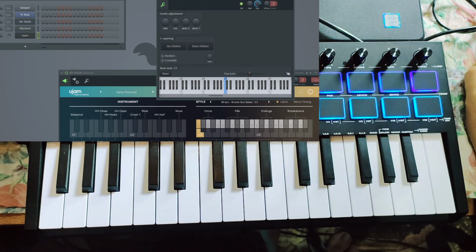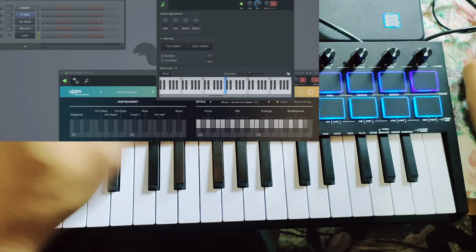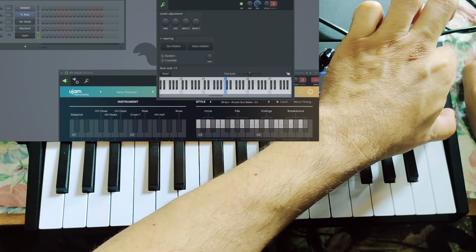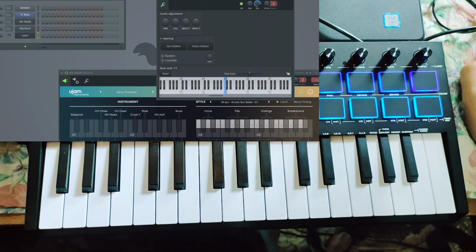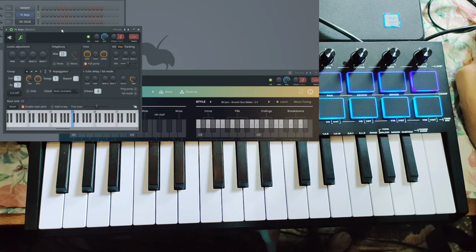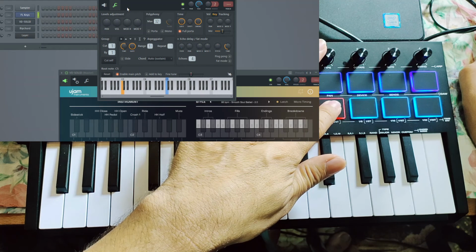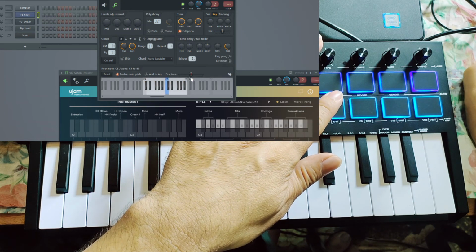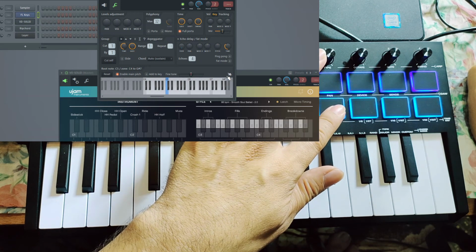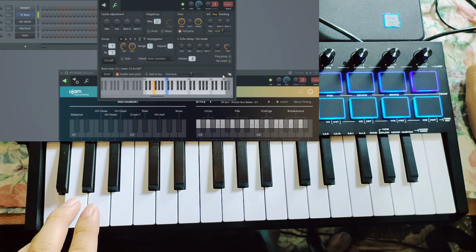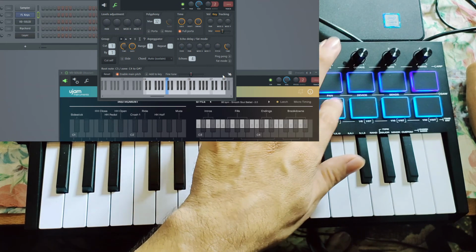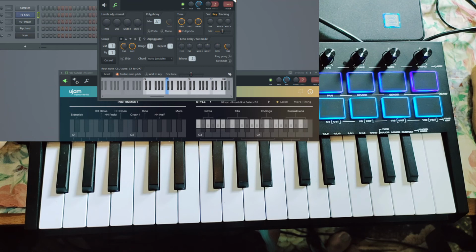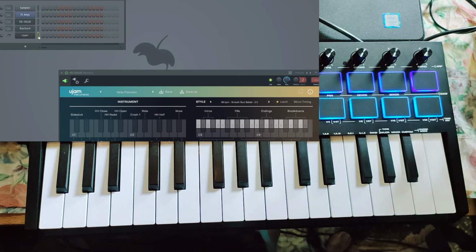So how do we stop this C1 to G1? We're going to just restrict it, right? So in the FL keys, we're going to remove or restrict it from here. We're going to just play the C4 and up. So the FL keys will not play this part because we restrict it, right? So when we are going to play the layer,